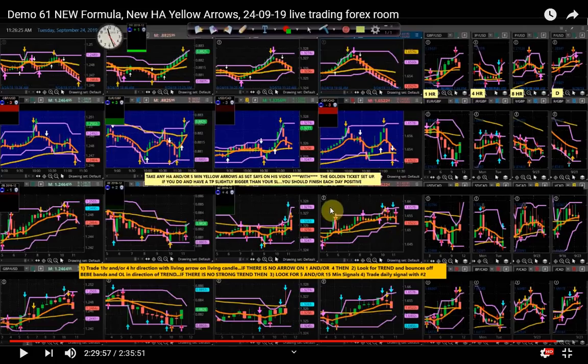Okay, let's have a look. The wicks and the mess here would have said 5-minute yellows would be a good entry. This one here, not sure which candle it's on, probably the 10 o'clock candle here, 5-minute yellow, look at them move up. 5-minute yellow down here, outside 1 hour, pretty much touched the 4-hour BB band, and golden ticket number 1